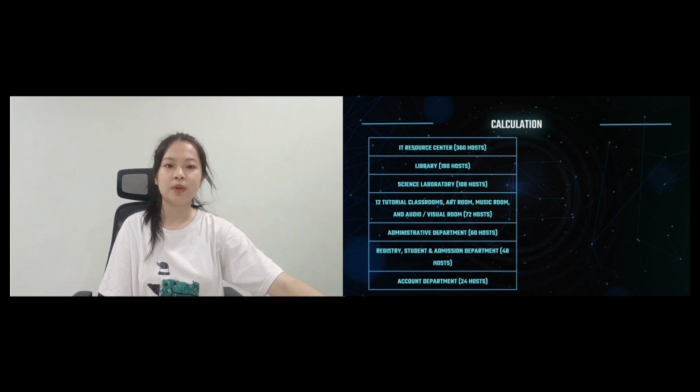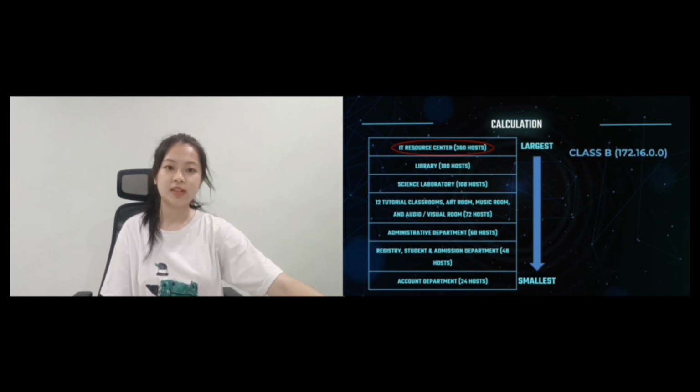The subnets will be rearranged based on the number of hosts required from the largest to the smallest. The subnet that owns the largest number of hosts is IT Resource Center, which has 360 hosts after growth. Since we are using class B in this case, it will be the first network address of the first subnet. To find the network address for the next subnet, we will need to add the previous network address by 8,192,